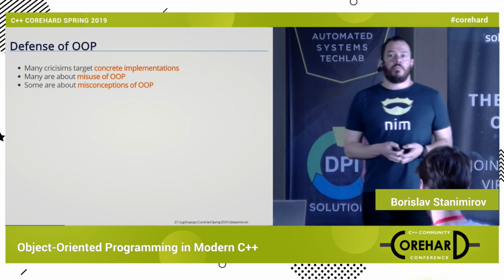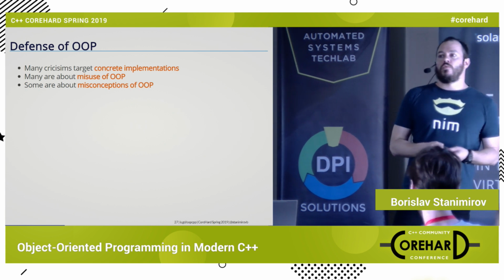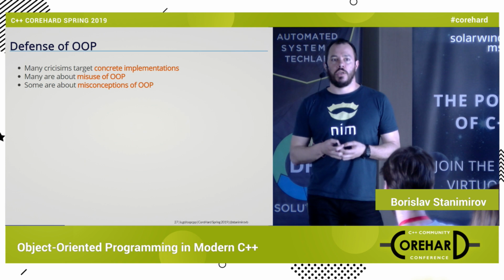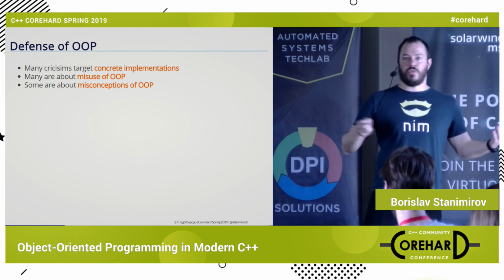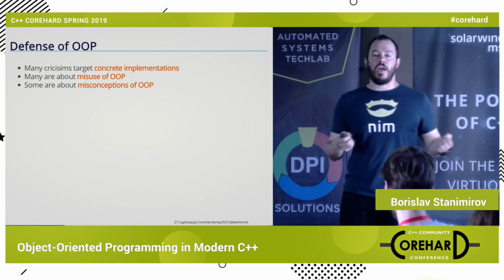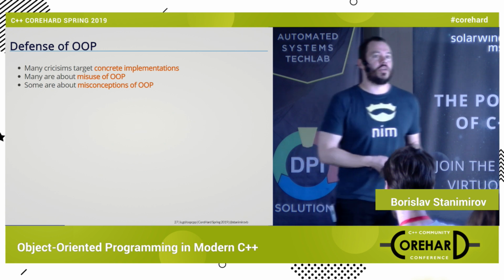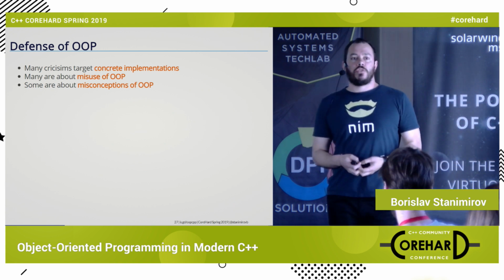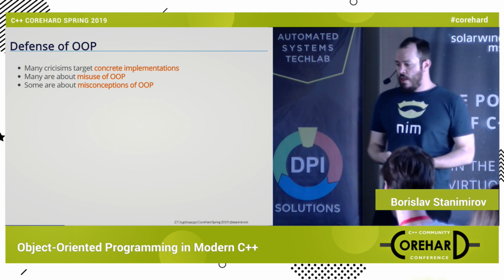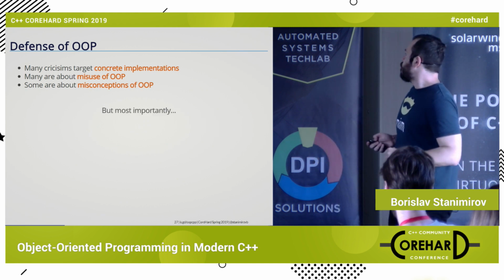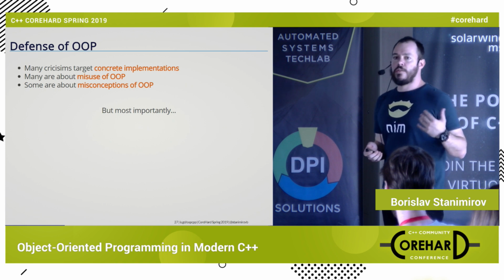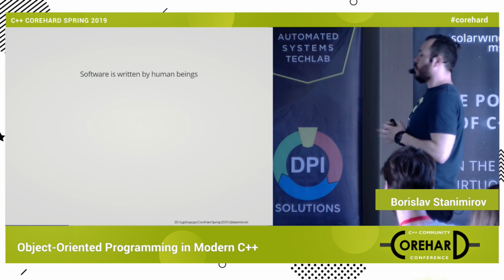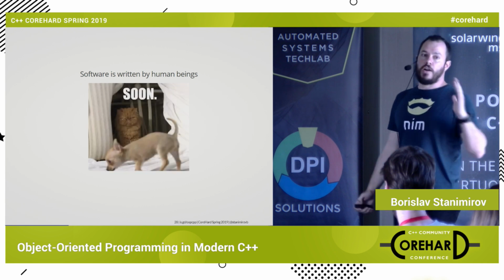And of course, some are about misconceptions of OOP. Some people just don't understand what object-oriented programming gives you and write their program so that every function is virtual because they don't understand the power and the point of virtual functions. And most importantly, though, the thing that all criticisms miss is that software is written by human beings, so far,